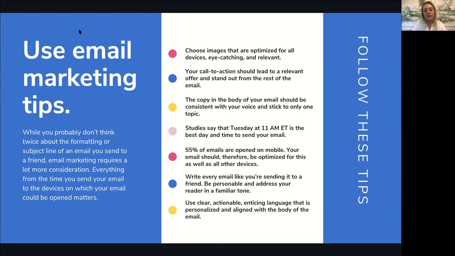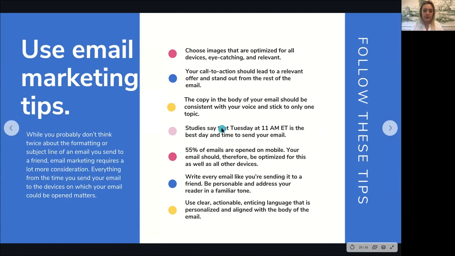When you're writing your emails, say it like you're writing to a friend. You want it to be easy to read, because you want it to be quick and easy to read. We already talked about that. But you want your email to just read nicely, like you're having a conversation with a friend, while still making sure it matches your brand voice as well. Conversational emails do go over better with people. And your language needs to be really, really clear. Okay, those are the tips.